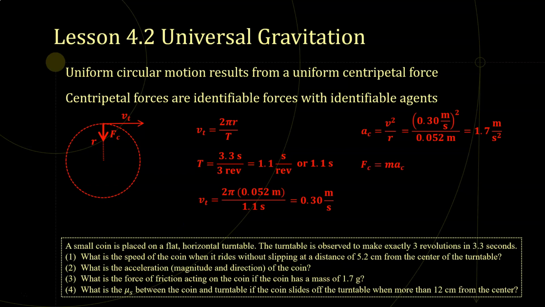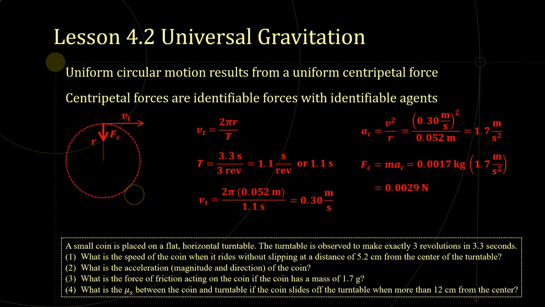And I'm going to note, first of all, centripetal force, any kind of force, is mass times acceleration. Centripetal force is going to be mass times centripetal acceleration. So all I need to do is take my centripetal acceleration value, multiply by the mass. And that mass is 0.0017 kilograms. The decimal place moves over 3 places to the left to change to kilograms. And then times the acceleration I just calculated. It's just a straight up multiplication. I find that there's a centripetal force of 0.0029 newtons, causing this coin to move in a circle on the